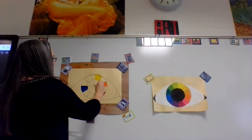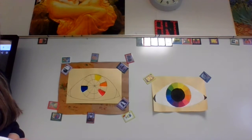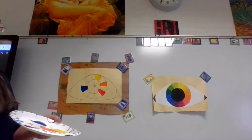If it was mixing together in the light, it would be between those 2 colors of light. Okay, and then you're going to clean your brush and dry it. Alright, the next one's going around the eyeball